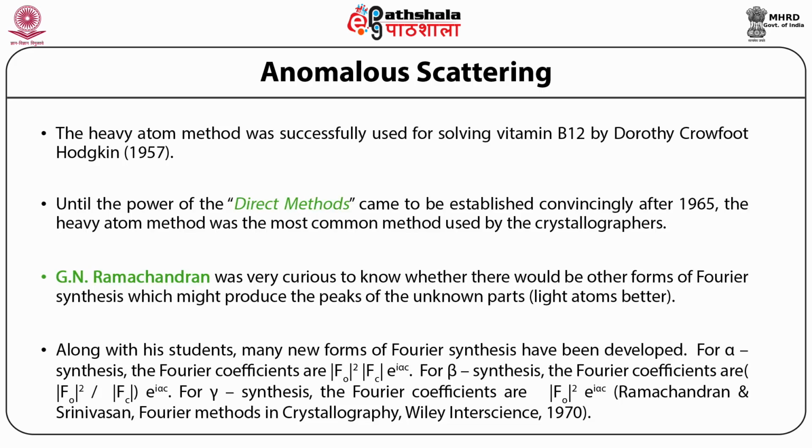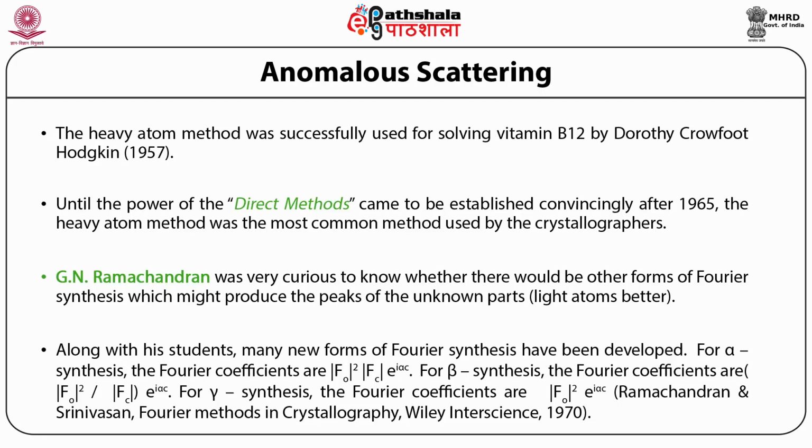He developed a synthesis known as alpha synthesis, where the Fourier coefficients are |F_o|² times |F_c| e^(iα_c). For beta synthesis, he used the Fourier coefficients as |F_o|² divided by |F_c| times e^(iα_c). For gamma synthesis, the Fourier coefficients are |F_o|² e^(iα_c). So one can refer to the famous textbook Fourier Methods in Crystallography, published by Wiley Interscience in 1970, edited by